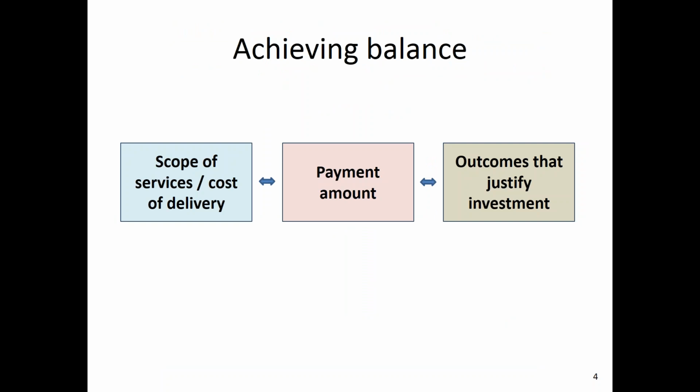So today's topic is appreciating the variables that impact the cost of care delivery. The reason we're addressing this is that it's so central to creating a successful, sustainable program, and that's really anchored in this idea of achieving balance. You need alignment and balance between the scope of services that you're delivering and the cost of delivering those services. So the burden that's taken on by the provider organization,